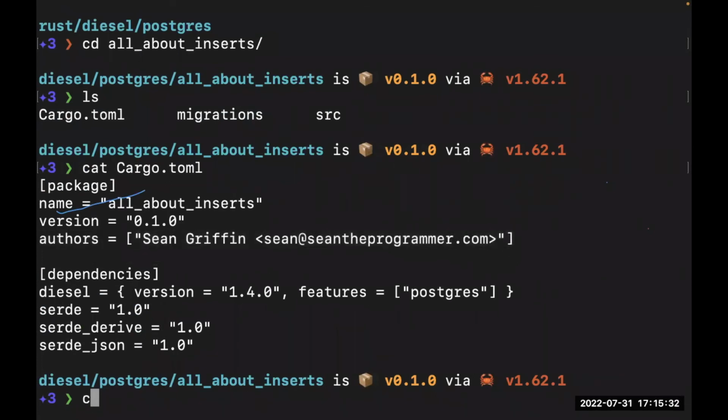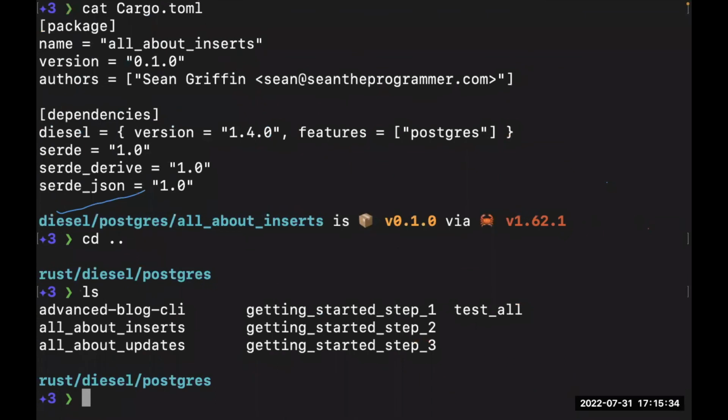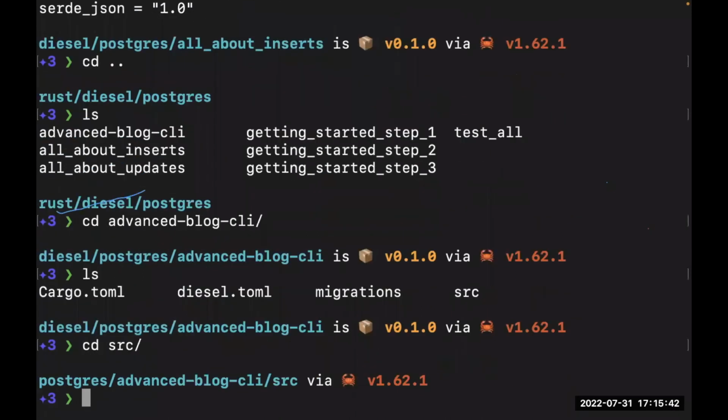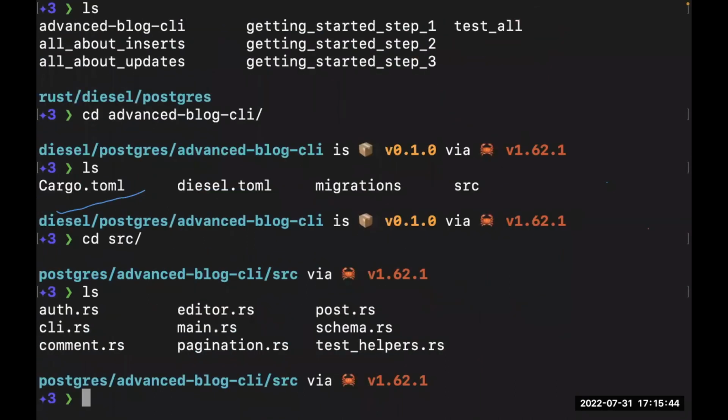So I can also cd back one step. Let's check out the advanced blog CLI, and in here I can say cd src, right? So I'm still moving into different files, without having to open this. It's fun, and this is basically how you work on the cloud. So you can see it gives us this emoji because I'm currently using Rust, right?